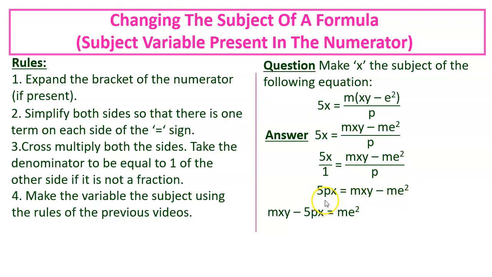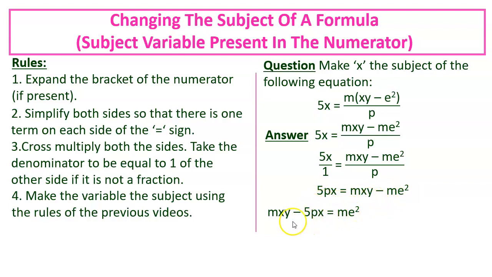Of course, this is the shortcut form of saying that you add minus 5px to both the sides and plus me squared to both the sides. Instead of saying this, we usually say take 5px to the right side, or take minus me squared to the left side,